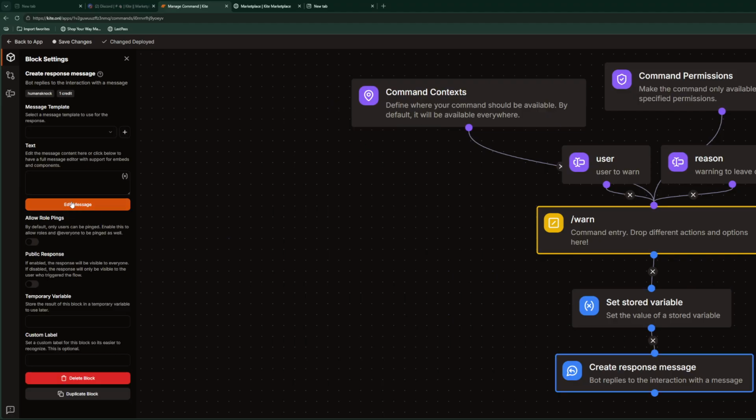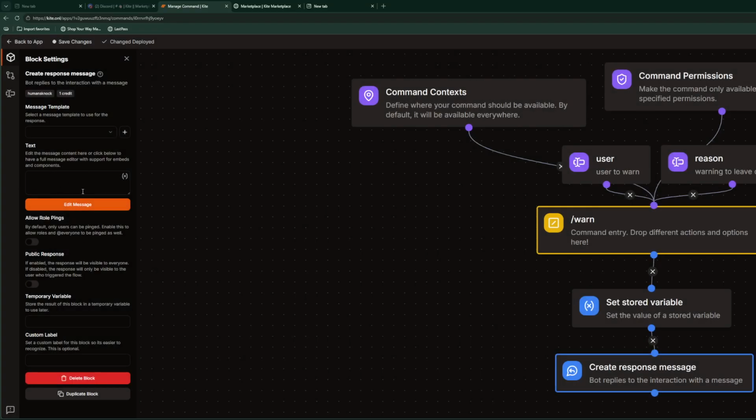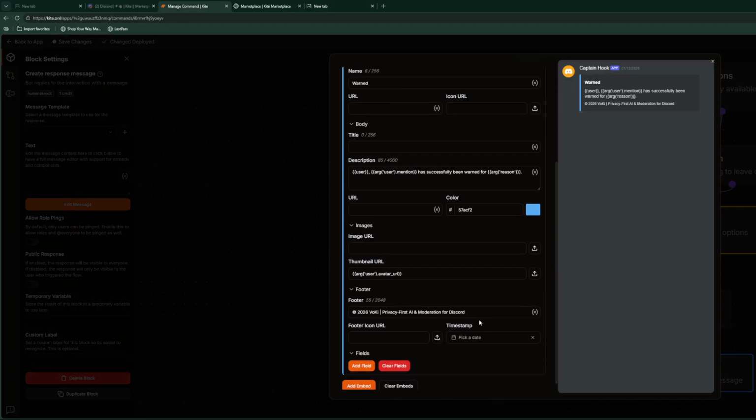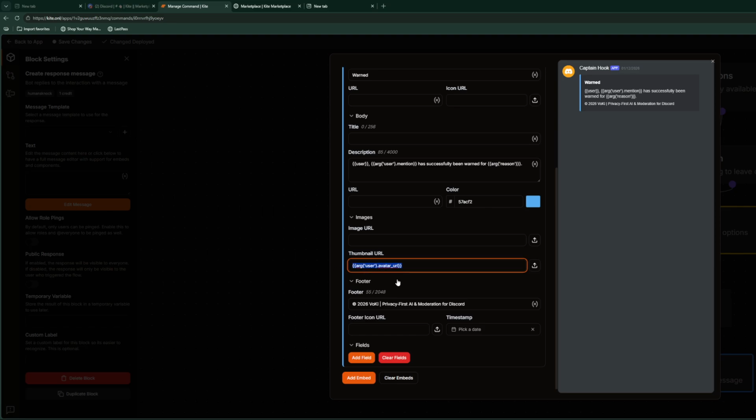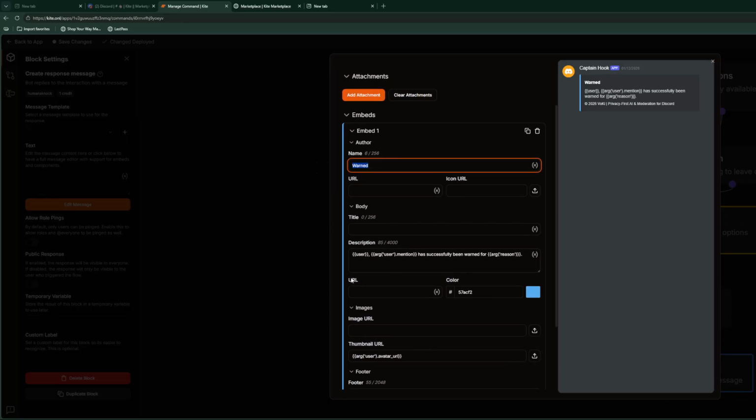Create response message. If you go to edit message, which is where I have it, you can do this in the text. Though with this part, the image, you cannot do it there. It would just show a file type or even the link itself. I have it saying warned user pinging the person that ran the command, and then arg user.mention. This shows the person that they have selected and mentions them in the response message that they have ran this